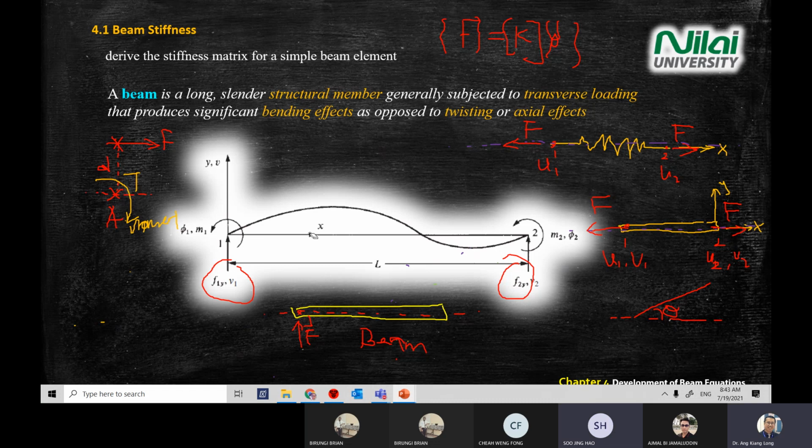So, beside force, because of the force, what is the additional thing that you can see on the diagram compared to spring and bar that you never learned before? What is the new parameter that you see on the screen here? What is the differences between the spring, bar, and the beam? As you can see from the screen here, what is the differences that you never see in spring or bar chapter? I think it's the